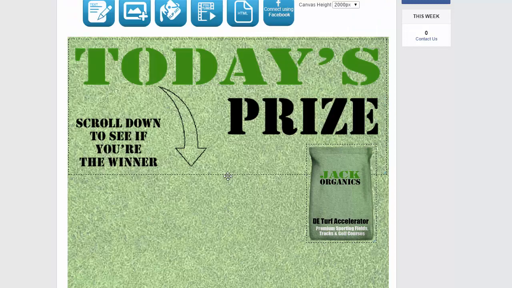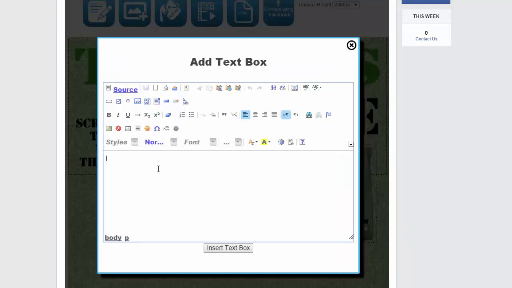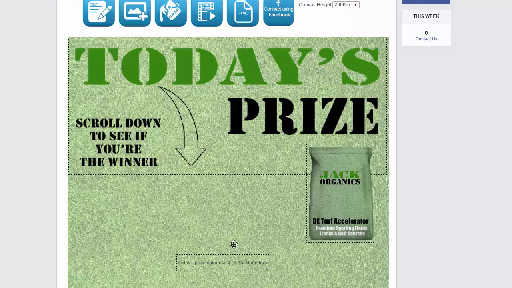And let's say something about that. So let's get some text. So we click on that, drag it down, open it up, and you'll see you've got the WYSIWYG editor here. So it enables you to format all the text and so forth. So we could say, 79.95. Good luck. Now we insert the text box, and we can see it's way too small and unable to be